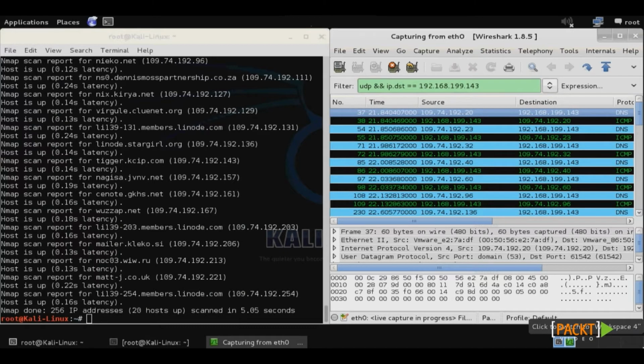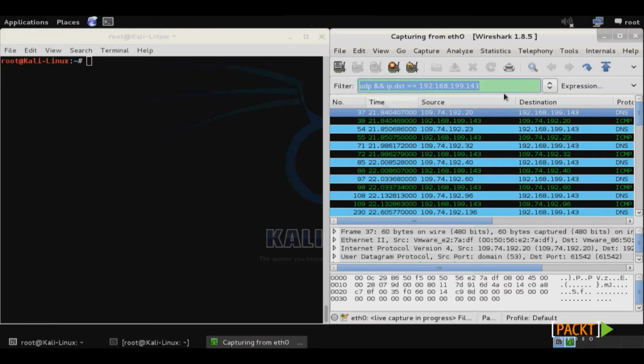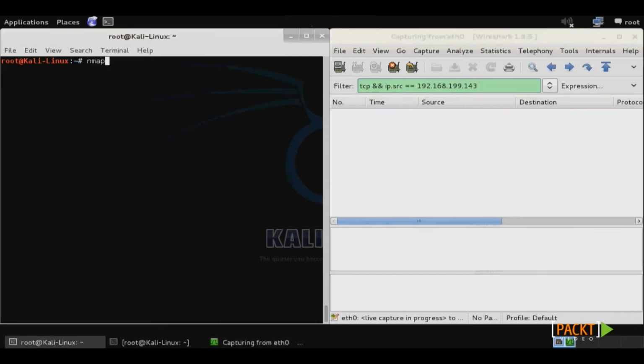Another option for layer 4 discovery is a TCP ACK ping. To do this, we'll change our filter in Wireshark to TCP, then &&, then IP source address is equal to our Kali IP address. And then to perform the ACK ping discovery, use nmap, then -sn, and then the IP range that we want to perform the discovery on, and then -PA, and then the TCP port that we want to perform the ACK ping on,